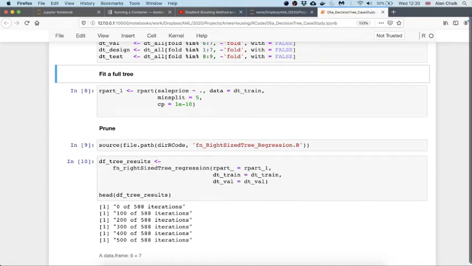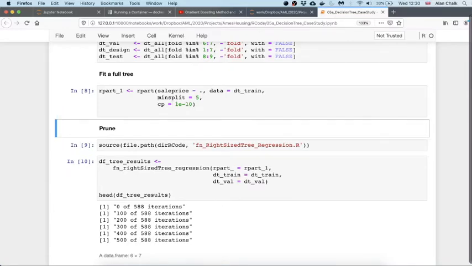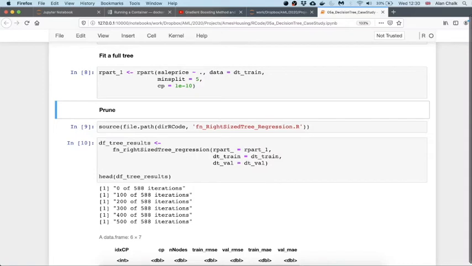So here I'm back in R. I'm going to fit a full tree again with CP pretty small, 1e to the minus 10. That's a very small value of CP. I'm going to call a function which is then going to iterate through loads of different values of the complexity parameter. It will start off with the complexity parameter as small as it was, but it's then going to prune